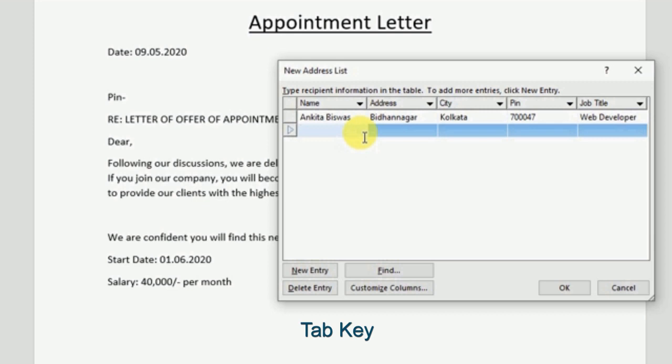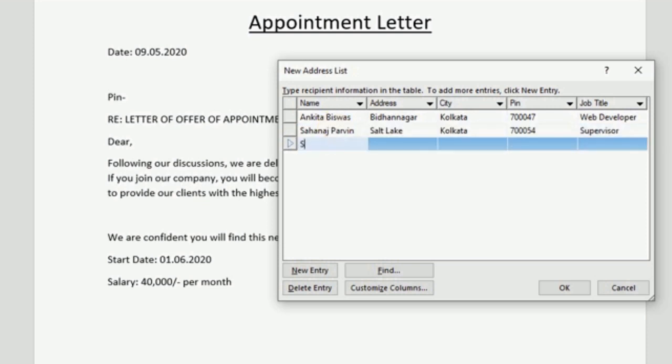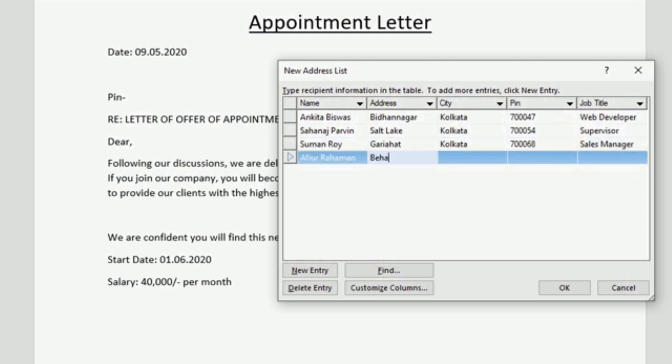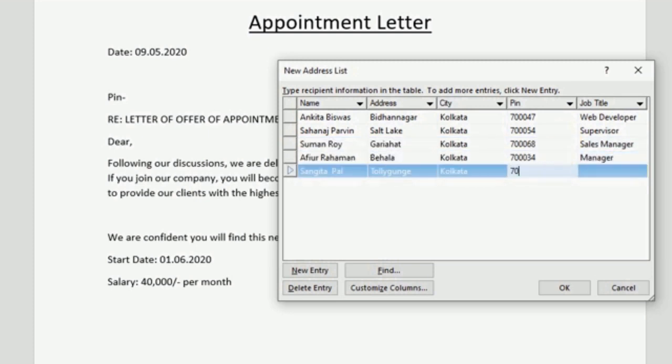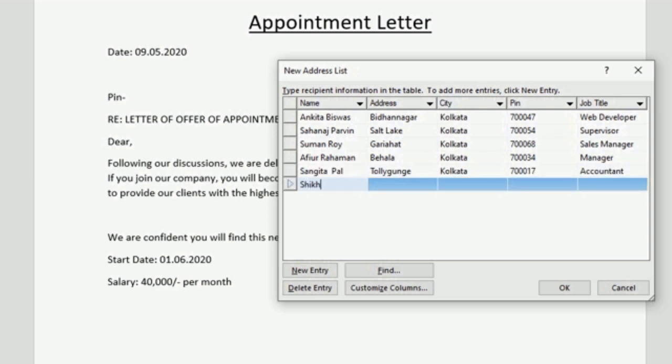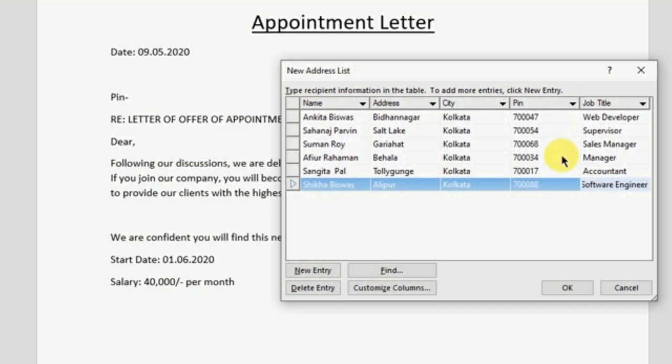You can press the tab key or you can click on New Entry. Then click on OK.